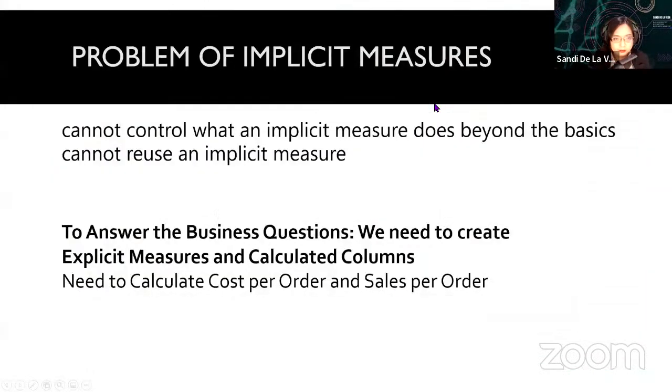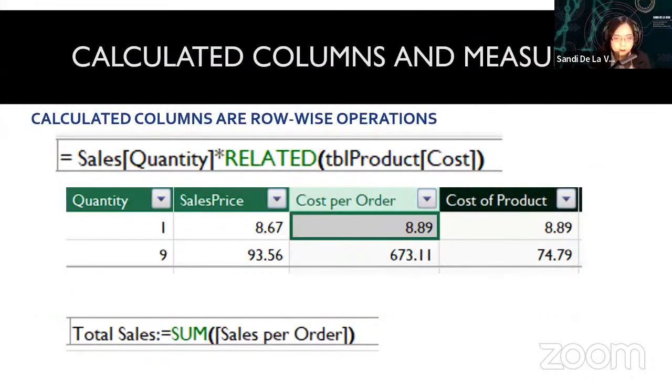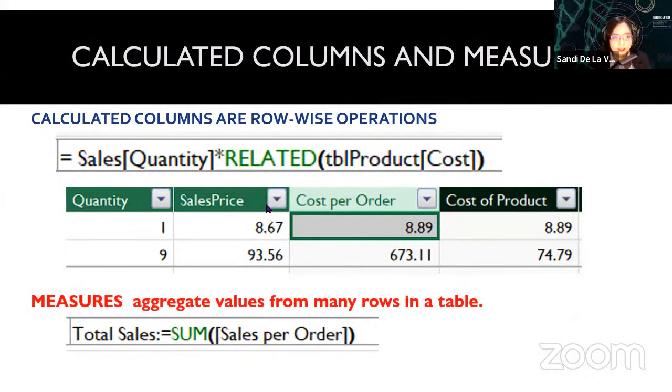Going back to the PowerPoint, the difference between the calculated columns and the measures is that you need the calculated columns for row-wise operations. For example, in our data, we don't have sales already, and the cost per order. And then we can use the measures for aggregation. Anything that requires sum or average, that we need to aggregate for all the rows, the measures will be needed